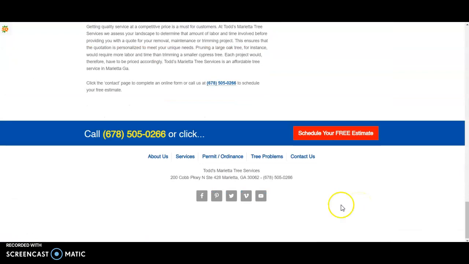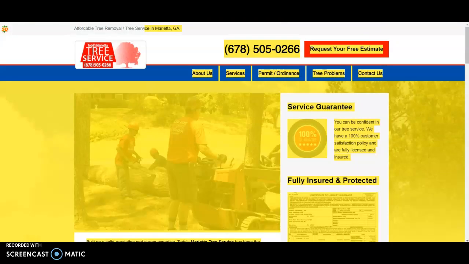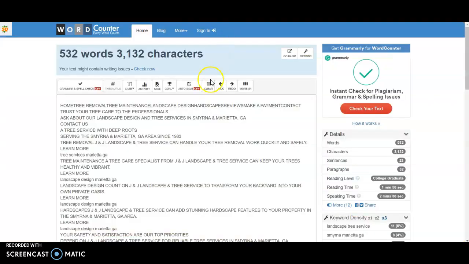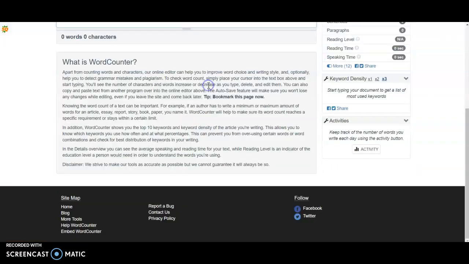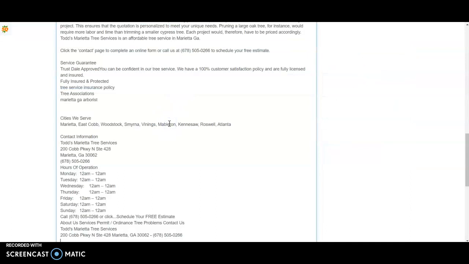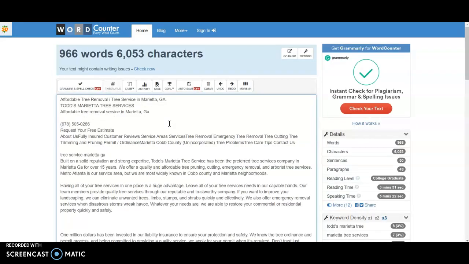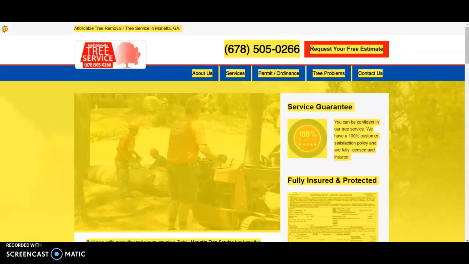First, let's do all the stuff we talked about before. Let's check out their word count. Their word count is at 966 words. So it's a step in the right direction, but they're not at the sweet spot. So just by getting that 1,500 to 2,000 word mark, we can blow them out of the water there. So they're there on that, and let's go ahead and grab their URL